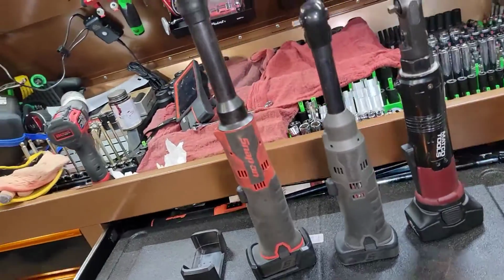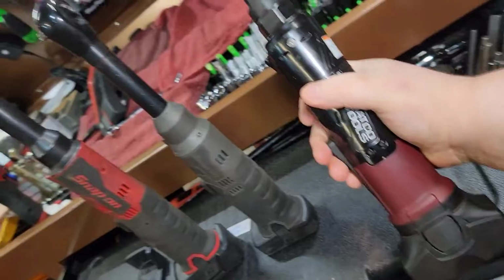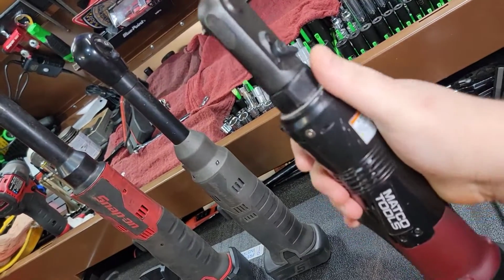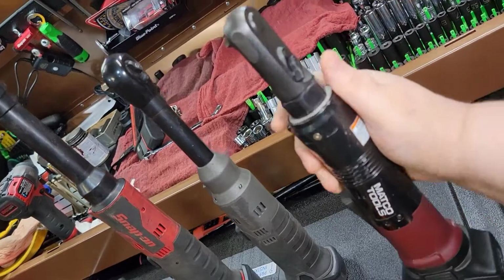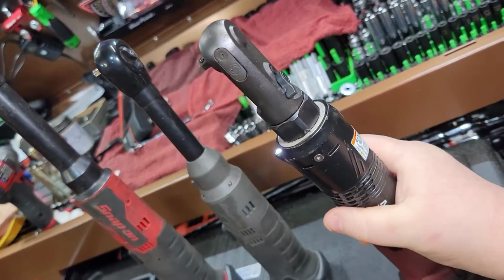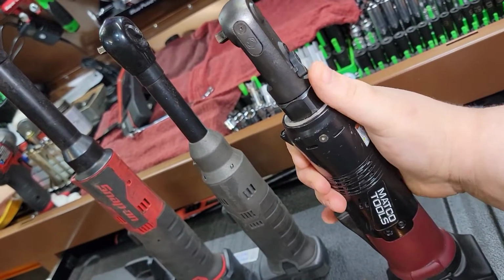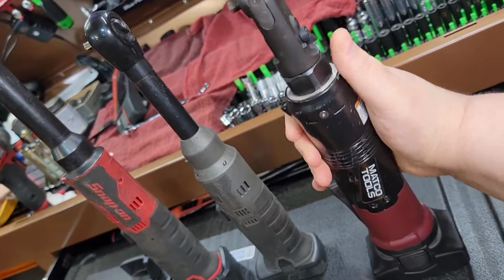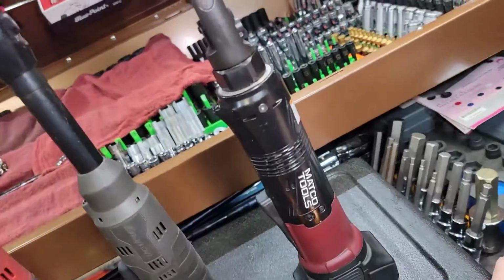So now let's talk about the Matco one, and we're going to talk about my review and dislikes on this. I love this ratchet. Look at this right here. It's shift on a fly. It's a sealed head ratchet, and obviously it gets into some tight spaces. And the beautiful part is if I'm down somewhere in a tight space, I can reach up there and flip into that. A couple things that I wish Matco would redo with this ratchet,